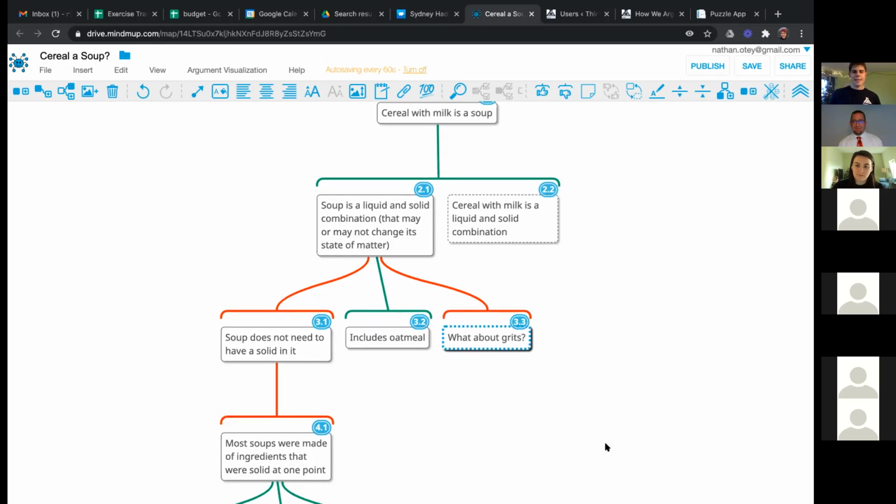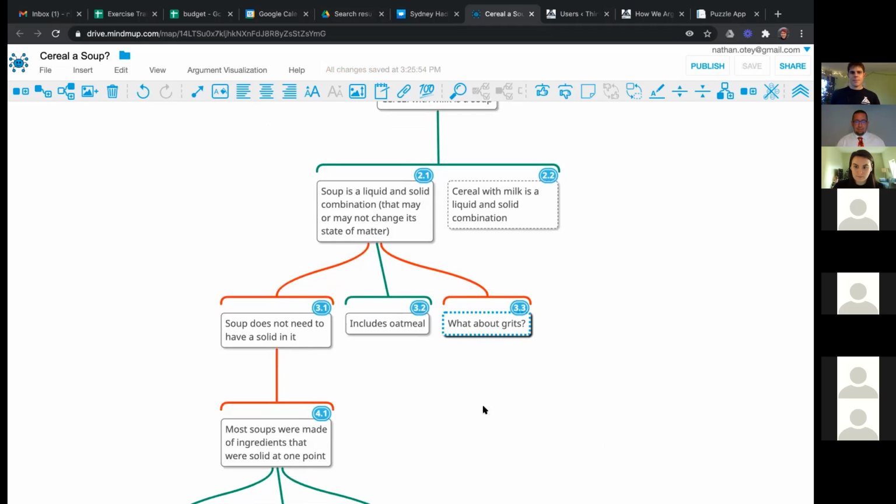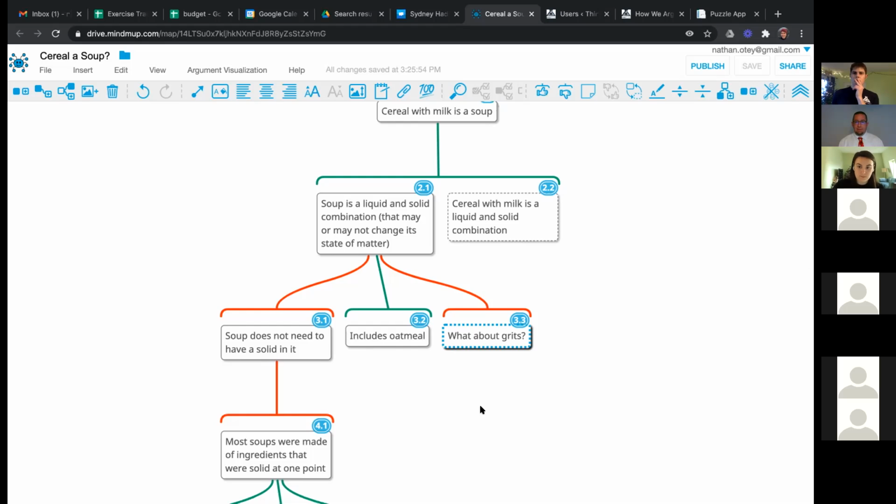I haven't had enough experience with grits to state that. Is it the liquid to solid ratio? Because there's liquids with grits, correct? I don't know whether grits tend to be more liquidy. I think they're usually more consistency of like cream of wheat or something, right, Joe? That's what I would agree with. I would say it is more of a solid piece, but I would say the consistency would be like an oatmeal traditionally. You're probably somewhere between mashed potatoes and oatmeal.